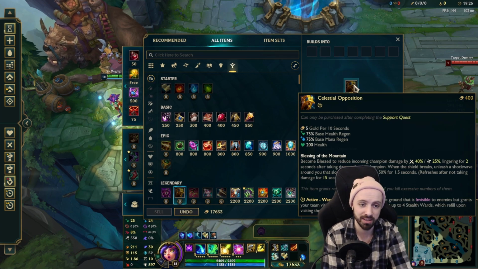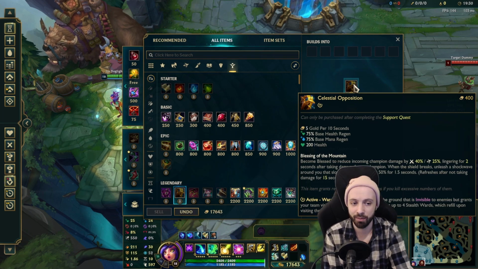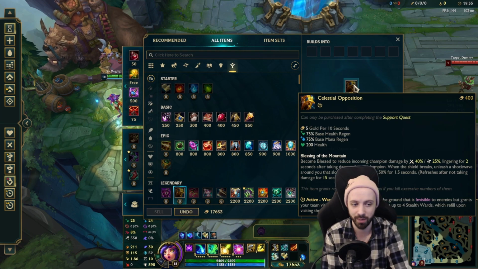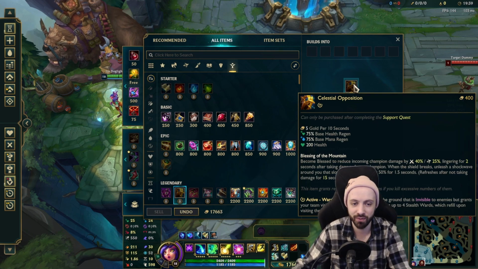I'm going to message Phlox and hopefully get him to fix this. But if he can, I think it's the best one by far. Basically, if you're a melee champion and someone hits you, you take 40% damage reduction for 2 seconds. And if you're a ranged champion, 25%. As we know, Neeko can use her passive to turn melee. So if you have this and you always walk around the map as a melee champion, you're going to take